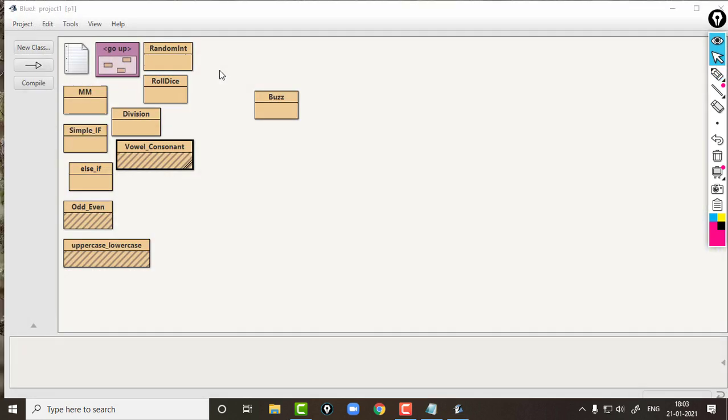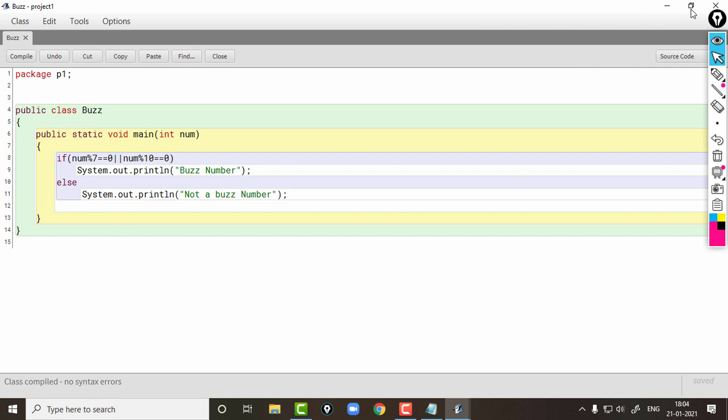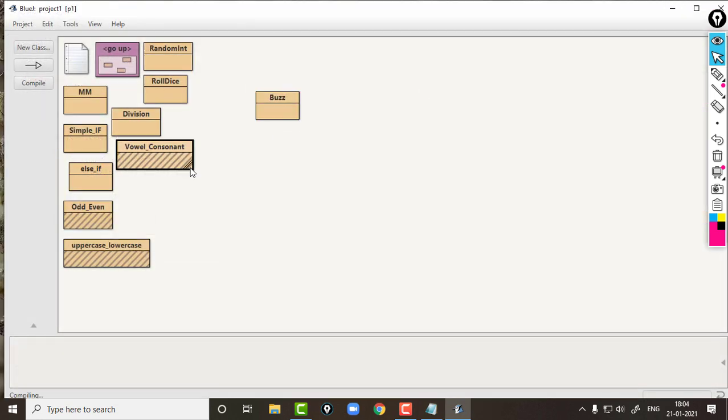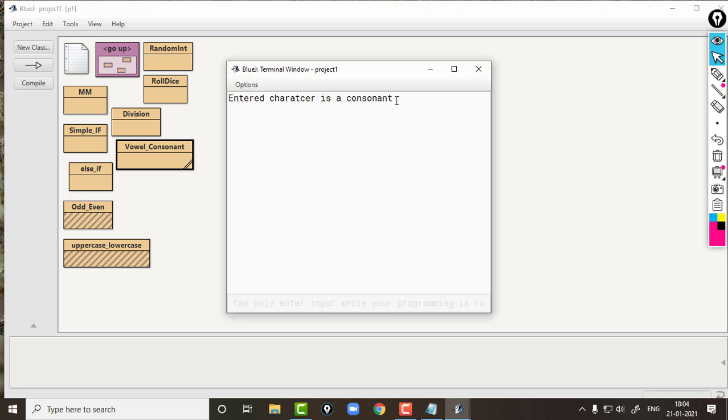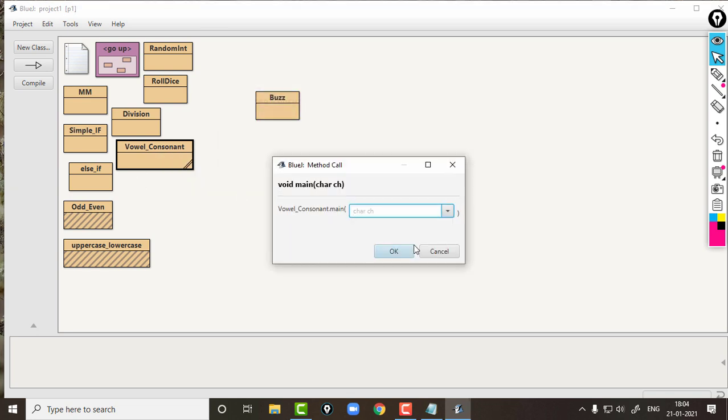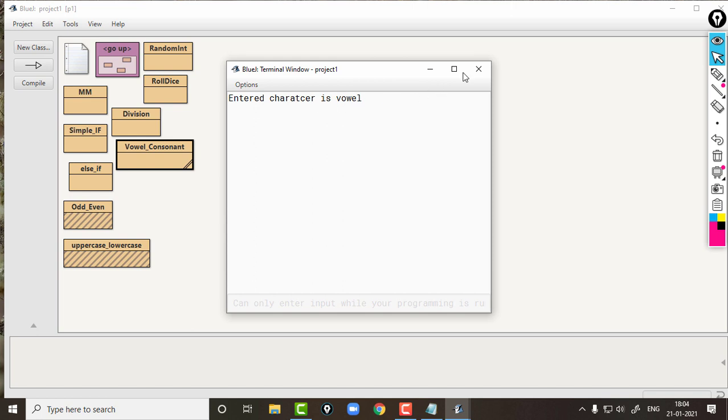Then students, the final program from this topic, program 9.8, we need to check an entered number. Okay, just before that we need to execute this program. We haven't executed it, so we can give h, capital H. Then as we know, this program will print entered character is a consonant, isn't it? So printing entered character is a consonant. Then when we give an alphabet which is I, as we know, I is a vowel, see, printing entered character is a vowel.